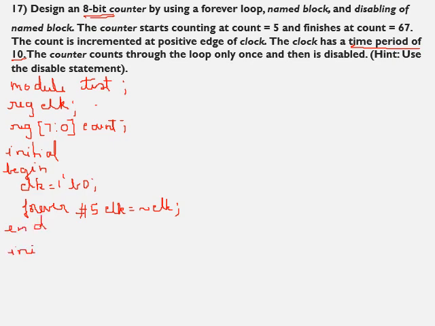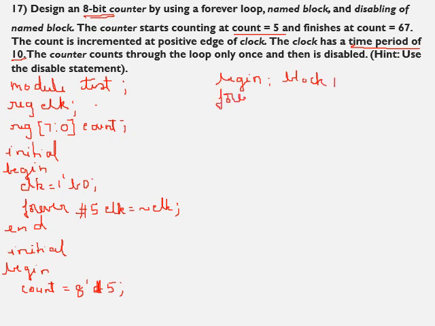I will have one more initial block. Okay. Where I initialize the count to 5. So the count starts from 5. So initialize it to 5. Count is 8-bit, so 8 tick D 5. I will use D so that I can directly write 5. Now I will start a block. I will start from the next line. So I have begin keyword and I will name this block as block 1,